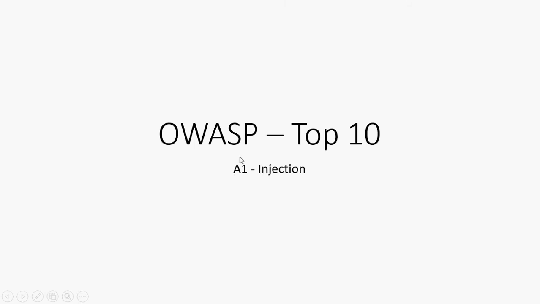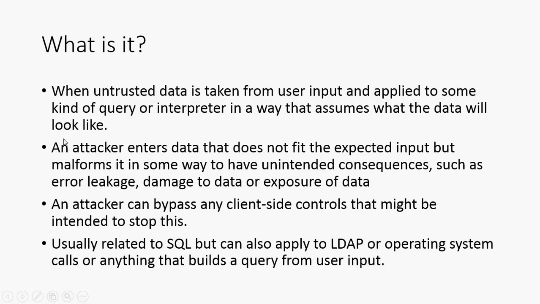And A1, which is their designation, is injection attacks, and it is considered the most serious of all of the OWASP top 10. So SQL injection is what happens when we take data that is untrusted. By definition, any data that we take from the browser is untrusted, even though we expect that it's come from user input and we assume that we know what the data will look like. But the reality is somebody types in data that we don't expect, either by accident or more often on purpose, and our query or interpreter that we're using ends up doing something that we don't expect as a result of